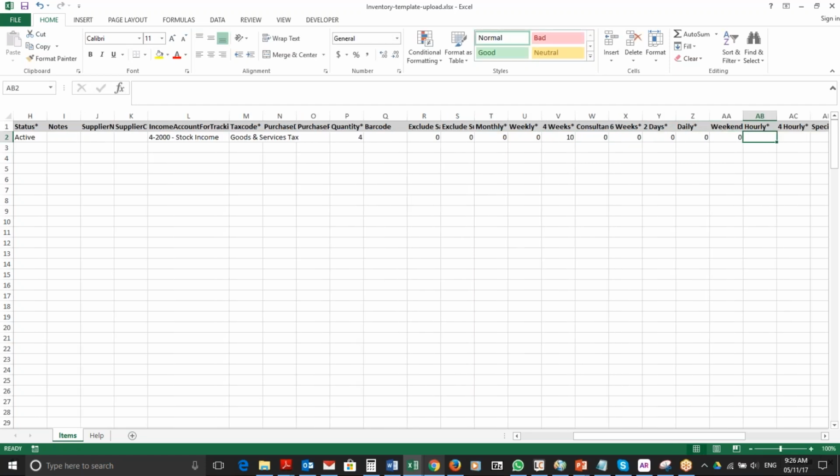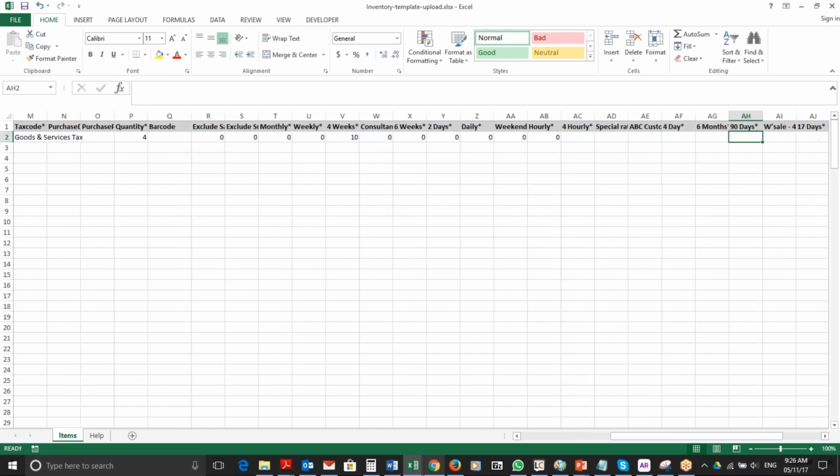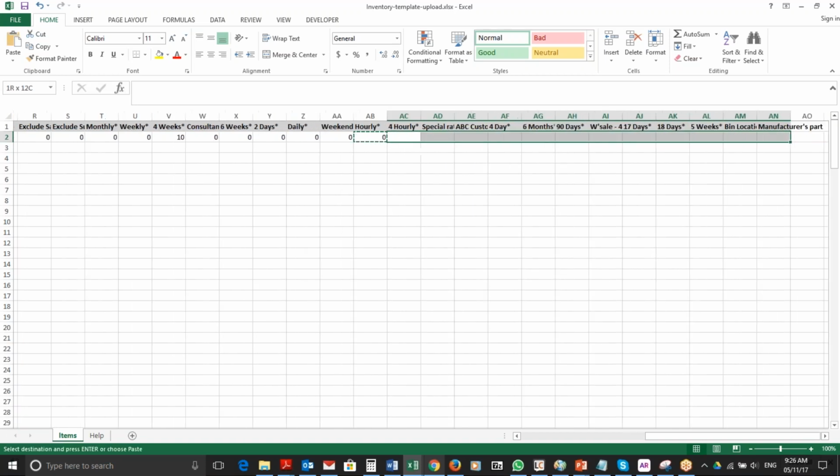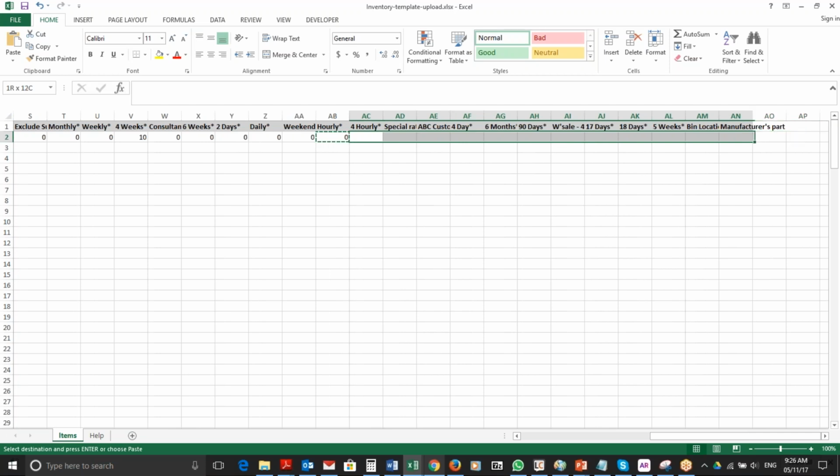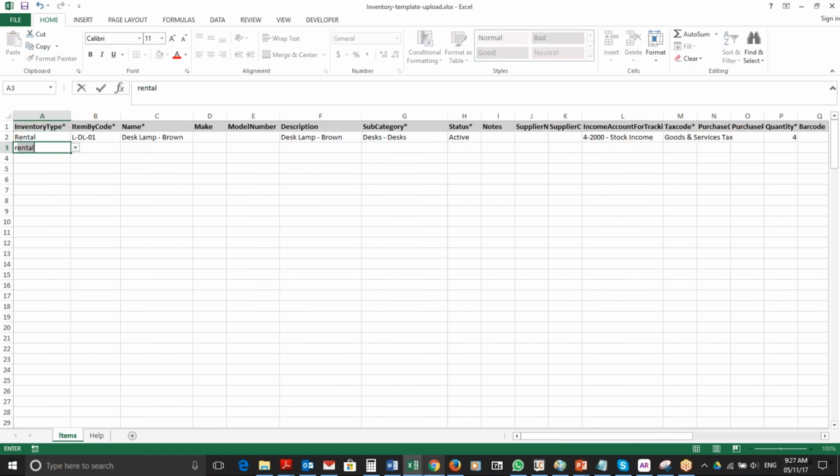So you can put through these values in here, or I can just copy and paste these values to these fields. Okay. And I'm going to create the next item. I have LDL02, and I've got another one called desk lamp blue,